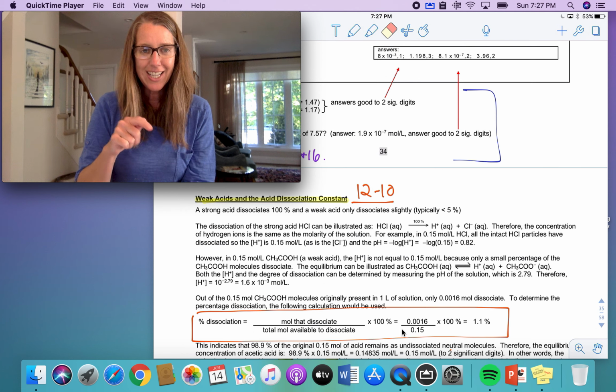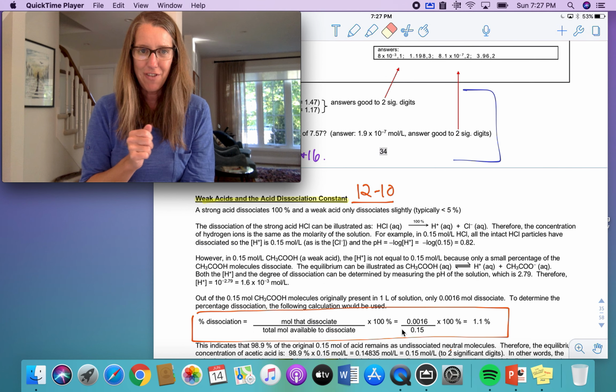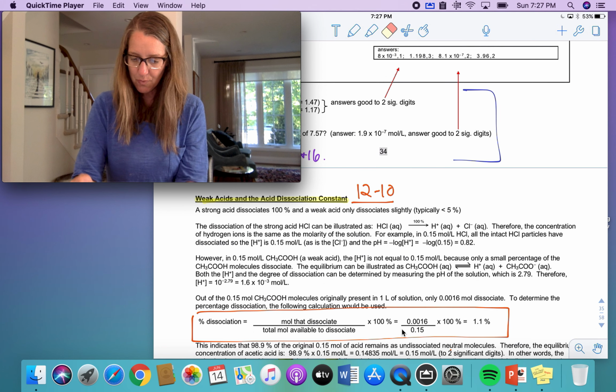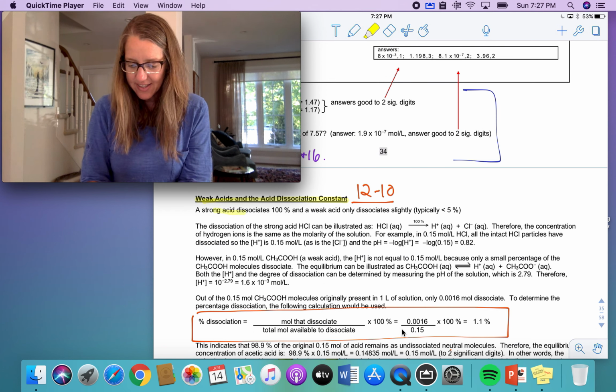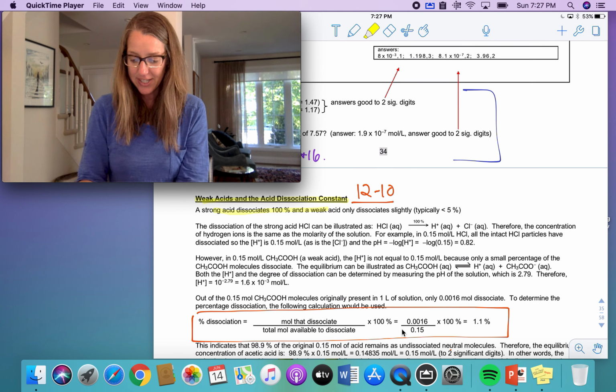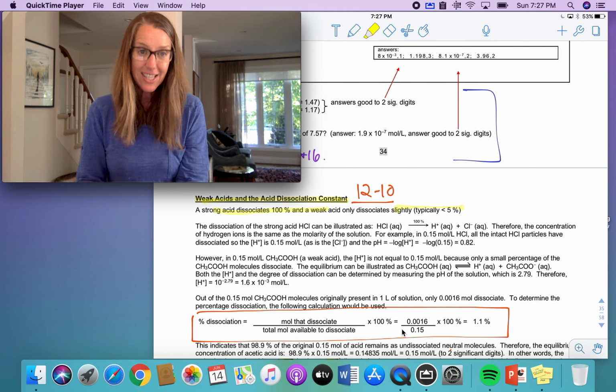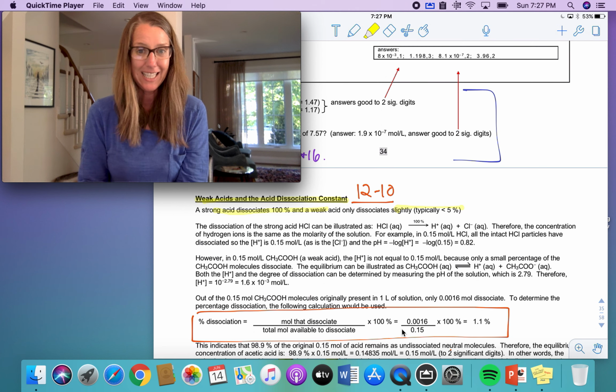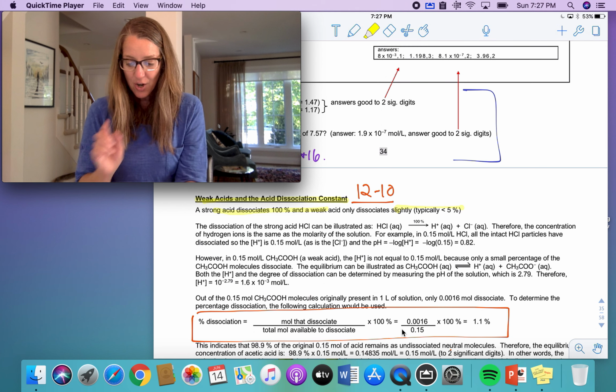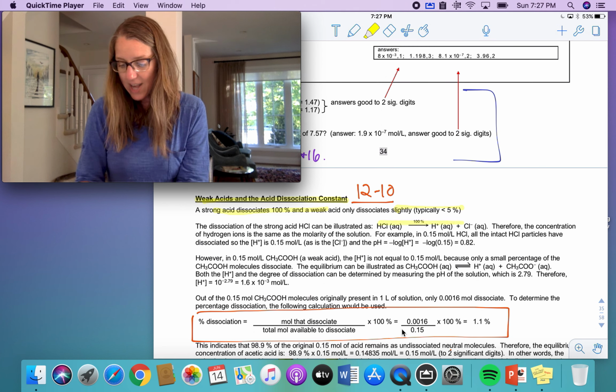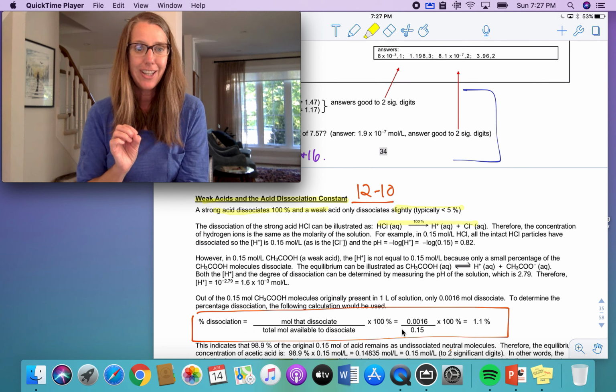We're only calculating a K value for weak acids because they dissociate less than 5%. So recall, a strong acid totally dissociates 100%, and the weak ones slightly dissociate, and that's typically less than or equal to 5%. Remember, if you were to draw what that ionic equation would look like for a strong